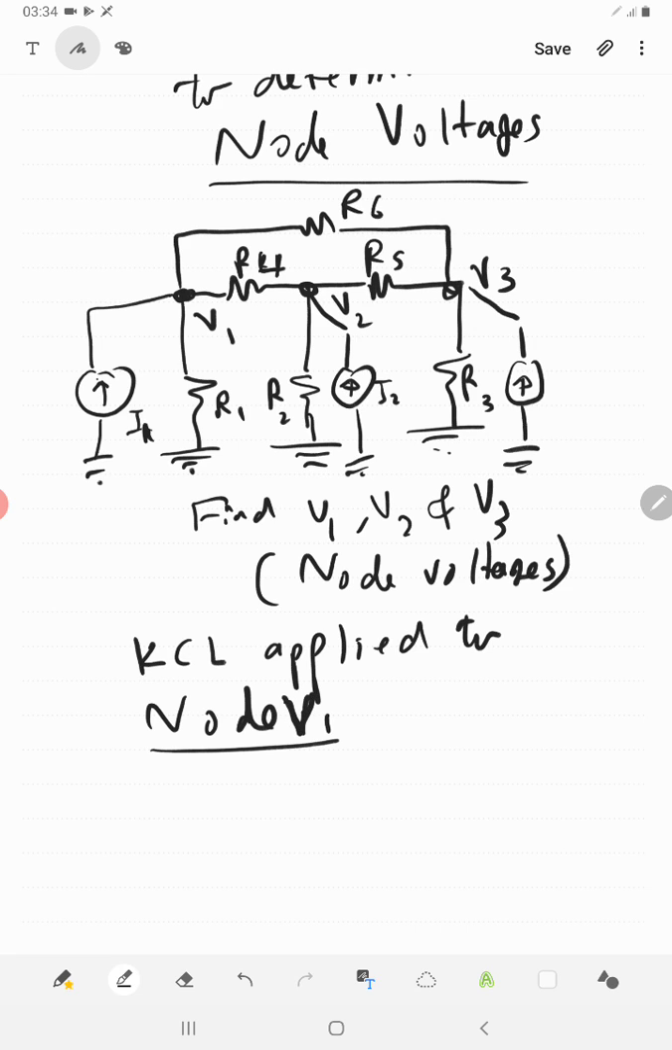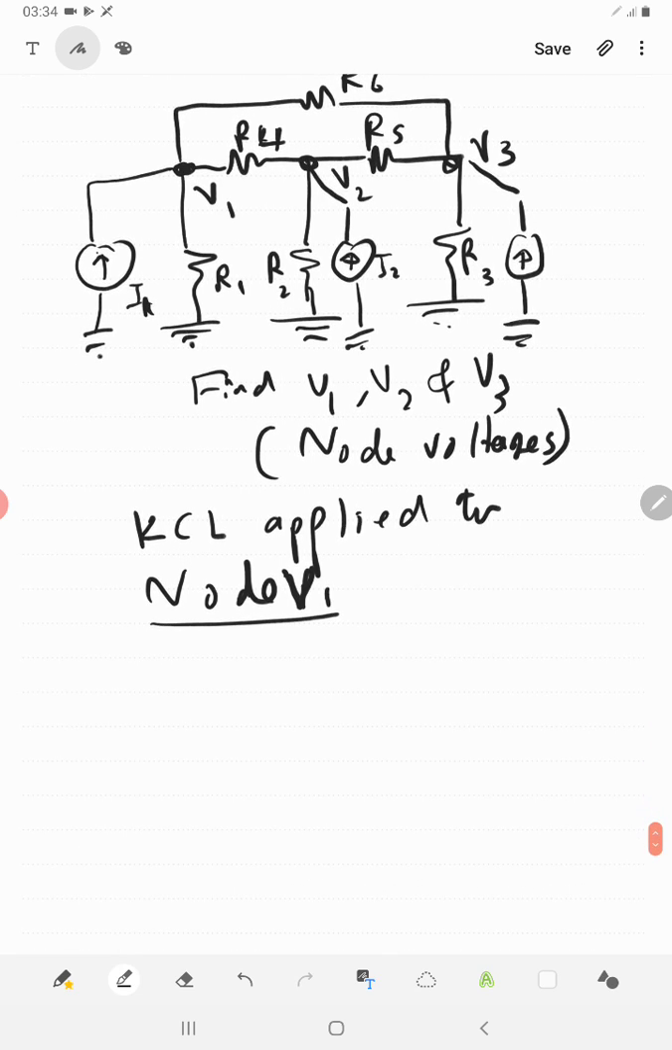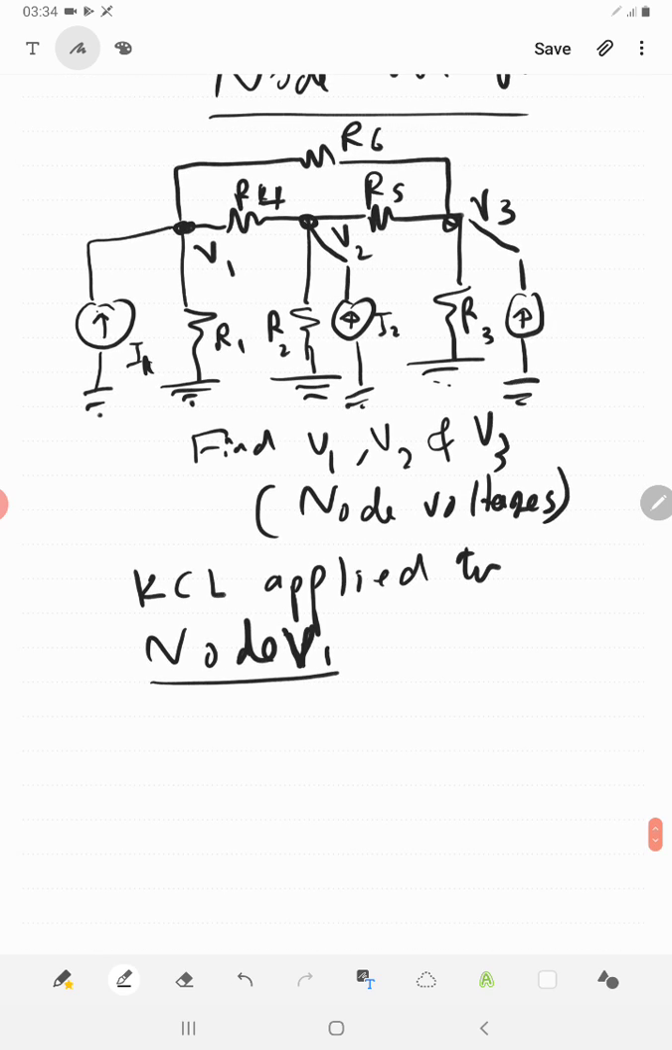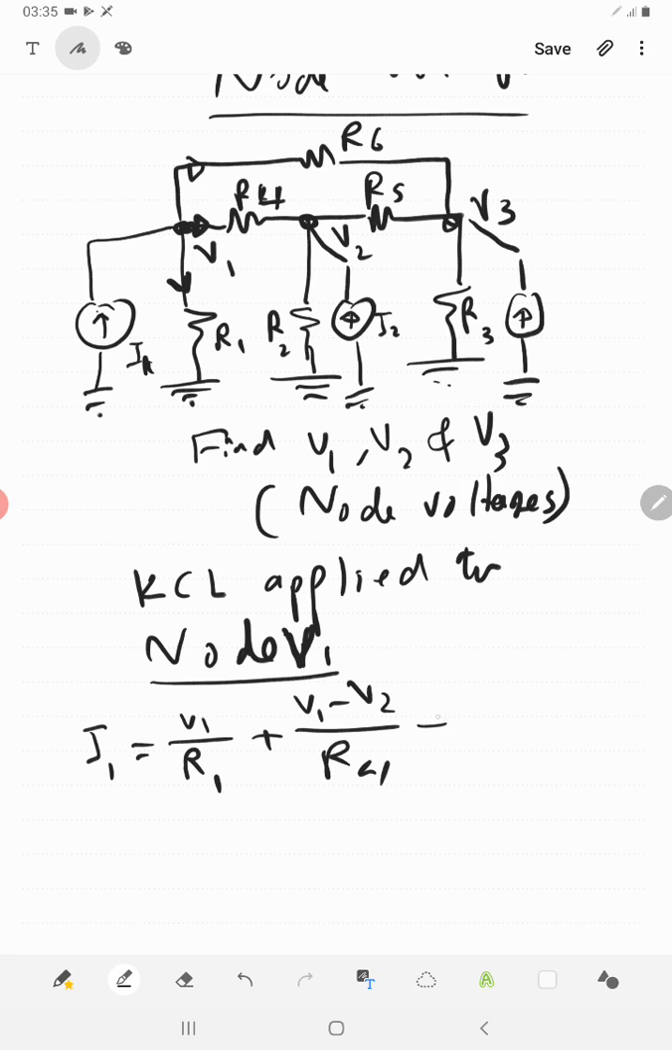So if we apply KCL to node V1, we'll obtain the currents: I1 equals V1 over R1, that's the current passing here, plus the current passing in R4, which is (V1 minus V2) divided by R4, plus the current passing in R6, which is V1 minus V3